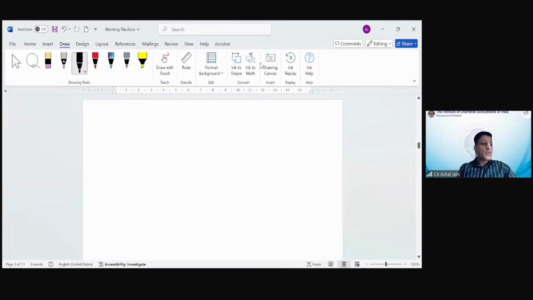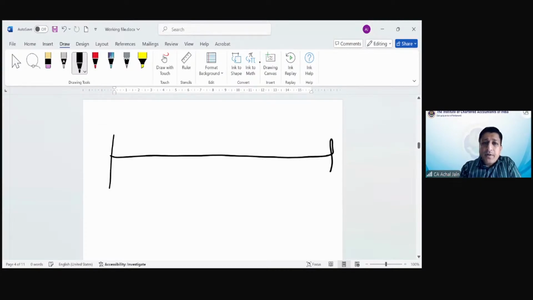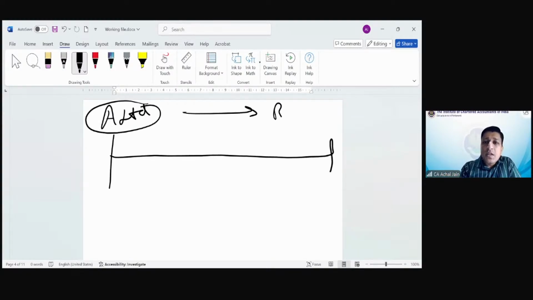Now in terms of contract revenue, let's understand there's a contract between two parties. A Limited is the contractor and then you have a customer, say B Limited. So initially when they entered into the contract, what did they say? That A will charge 5 crore.